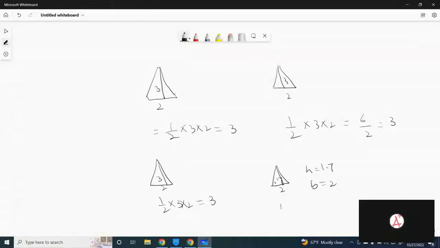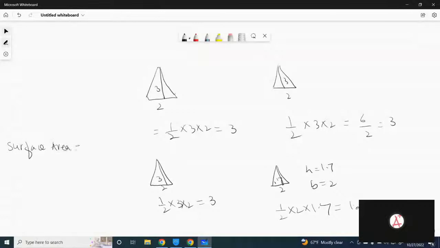So you have to find half times 2 times 1.7. So it would be 3.4. It is 1.7. So for the total surface area, you have to add all the areas collectively. Got it? Just understand the figure. It's a triangular prism. A triangular prism has three triangular sides and a triangular base. Got it? So for the surface area, you have to add